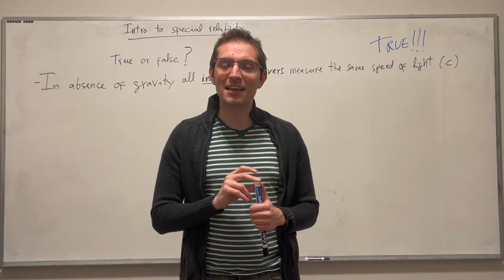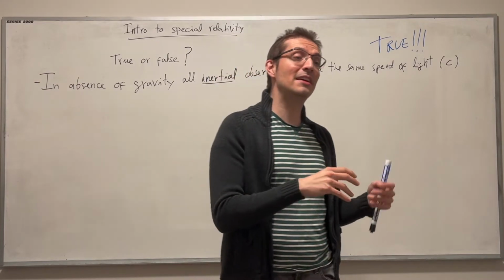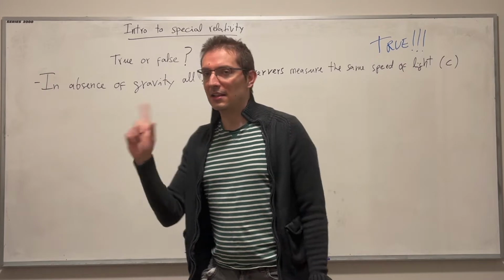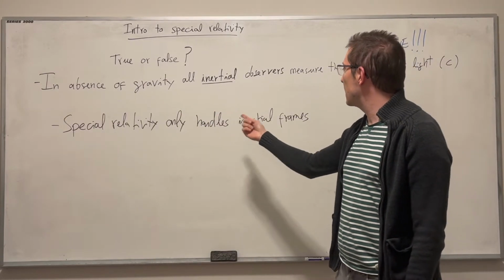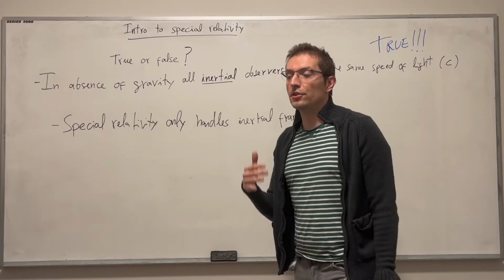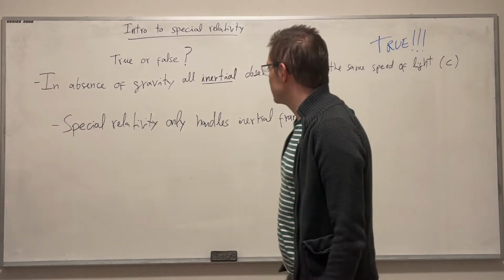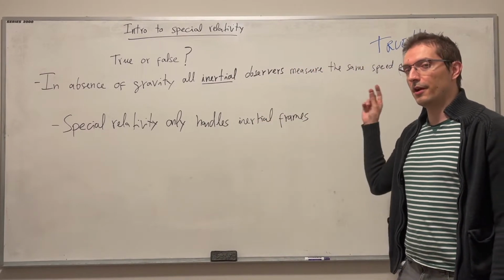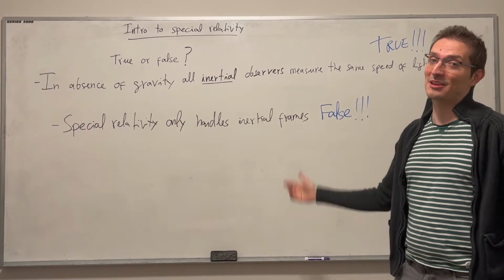And that is something that leads us to the next statement that is usually believed, because historically at the beginning it was kind of believed to be the case, but it's totally not the case. Let's write another statement here. All right, so we have this statement: special relativity only handles inertial frames. In order to handle non-inertial frames, you may need general relativity. What do you think it is? Is it true or is it false? Well, as you may already have guessed, it is false, because I already said it.